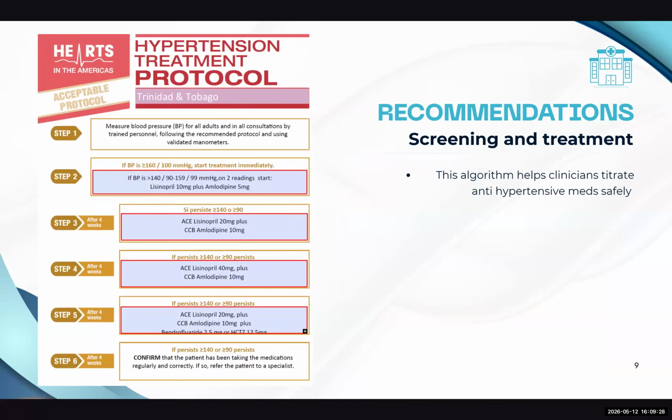Another guideline that we will be familiar with would be your HEARTS in the Americas hypertension protocol from PAHO. And this particular algorithm helps clinicians titrate antihypertensive meds safely. So in a way that we're able to screen many patients, we're able to treat them effectively by following these protocols. So on further analysis, in order to address the Caribbean context, when we talk about health promotion in Trinidad